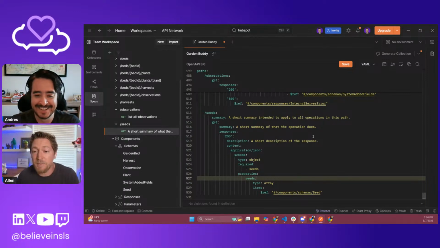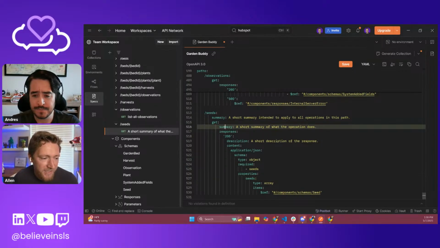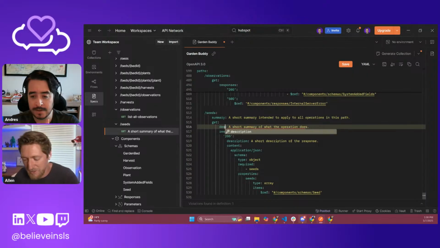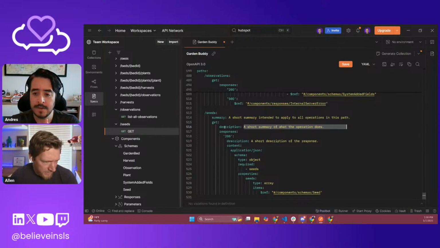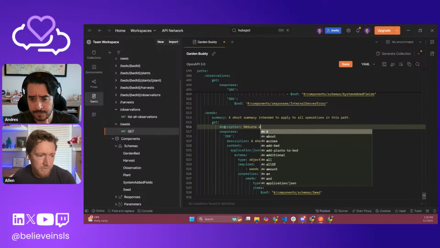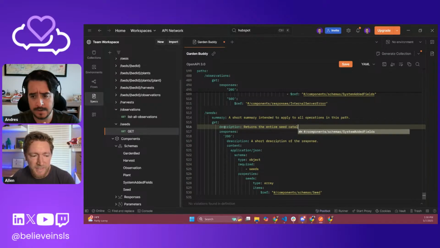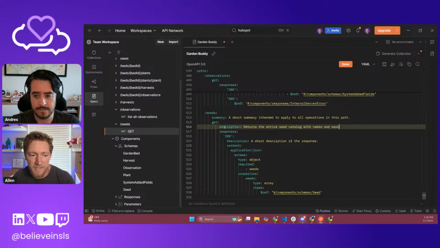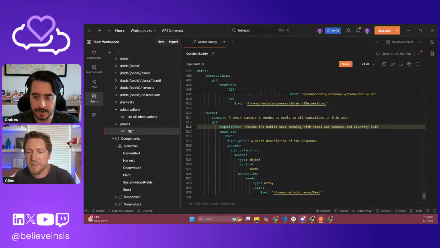The description is providing context to the LLM when it is consuming those things. So I don't like using summary for that. I like using description. And this is going to say, returns the entire seed catalog with names and species and quantity left.